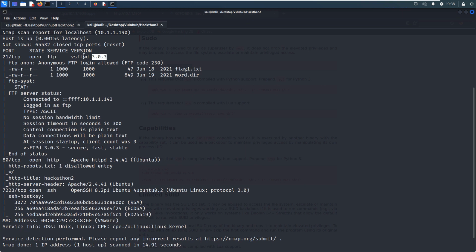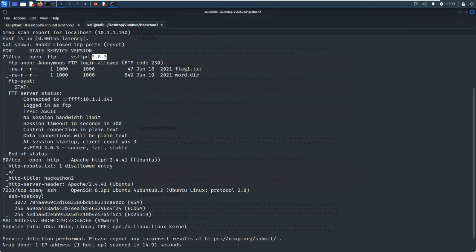As we know, this version doesn't have a vulnerability, except the DoS vulnerability. But the next one is 80, which is running the HTTP service, and the actual version information, which is Apache 2. And then the last one is